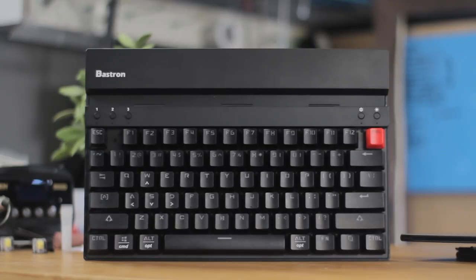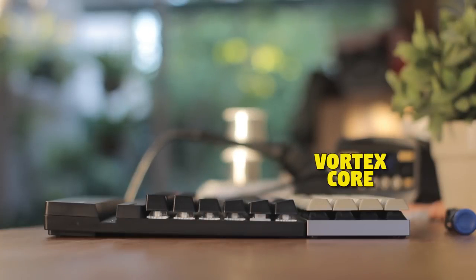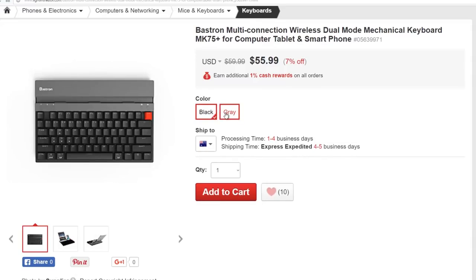I think the overall design is pretty clean. The design is based on function, so it's quite square. It has a floating key design, so the switches are exposed from the sides. And the base under the keycaps is actually quite slim. Like, if we cut off the rest of it, this would be one of the thinner keyboards out there. This is all black, but there's also a grey version of it, which I personally think does look a bit